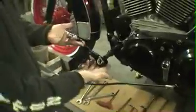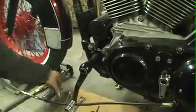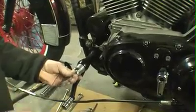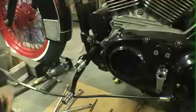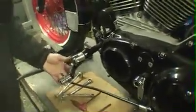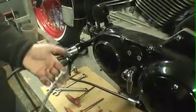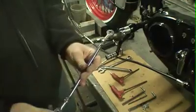So after you've done that and got your hole drilled, simply slide it back on there. At this point, you can go ahead and throw your peg holder bracket back on, and just make sure you still have play. All that's good. Then you're going to take your shift linkage, and you want to pull your 2 heim joints off of your shift linkage. Once you get those off,